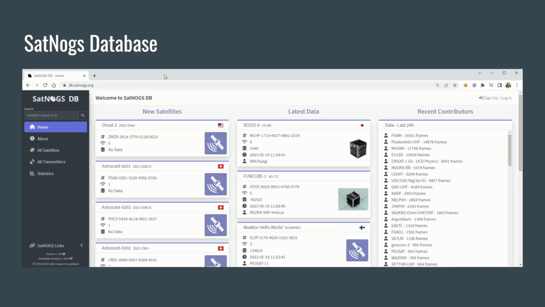So where do we get our TLE data? Well, we get it from a website called the SatNOGS database. This is a database of almost all the satellites launched with their current status, transmitter info and history. This is part of the SatNOGS project, which will also play an important role in our ground station, but I'm going to chat a bit more about that later.